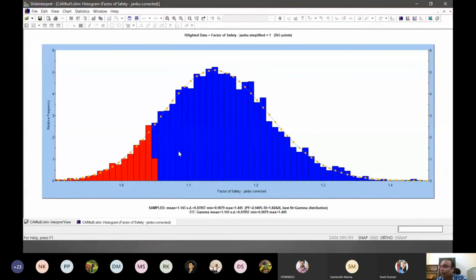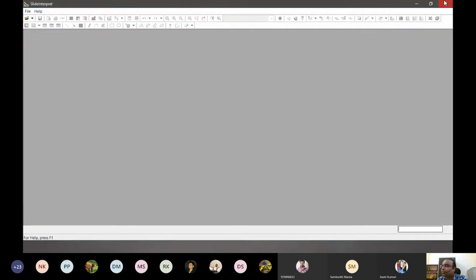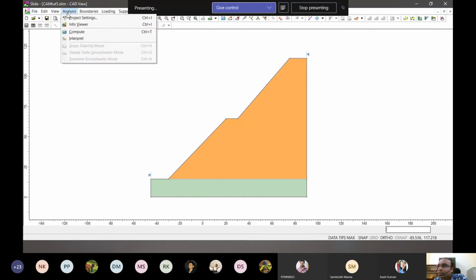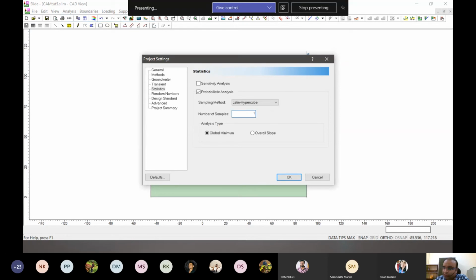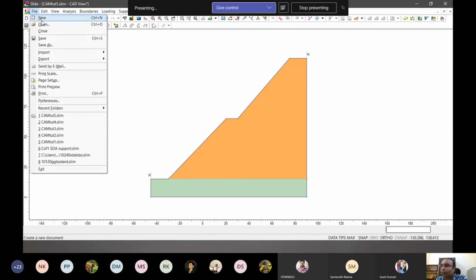Maybe I can put something side to side and that will be much better visually. Let's do that. Let's save this as another name. So this one is Qt 5, right? This analysis is by Latin. Let's keep it at 1000 back and click OK. We want to compare it with another one.